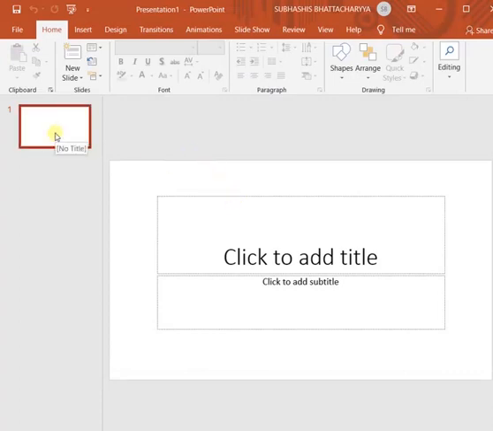Here you can see when we create a new blank presentation, by default only one slide is there in our presentation, and that slide is shown in the working area here. This left side is known as the slide pane.